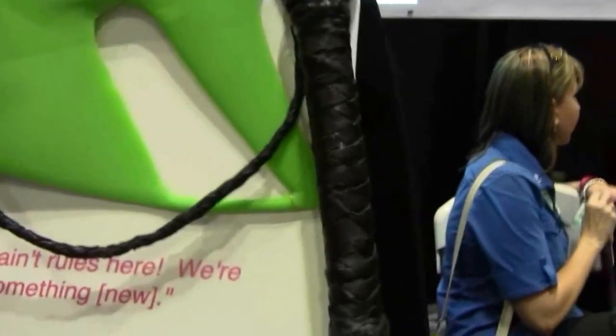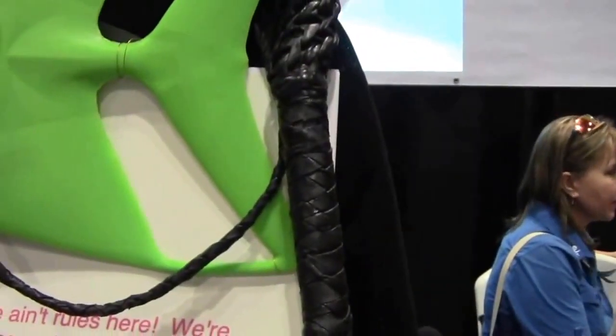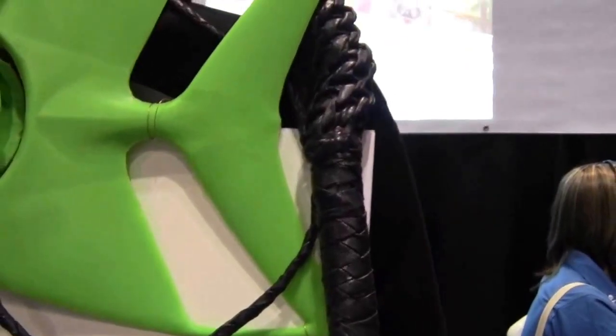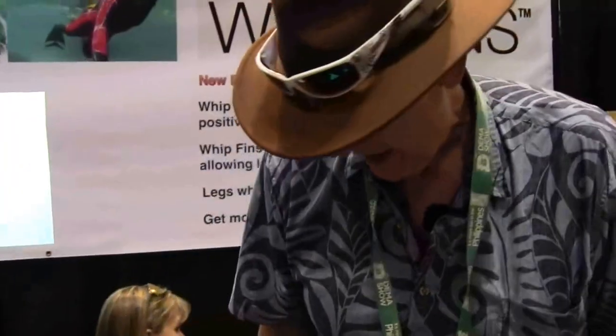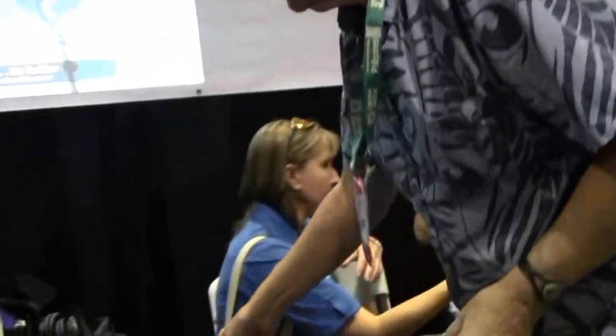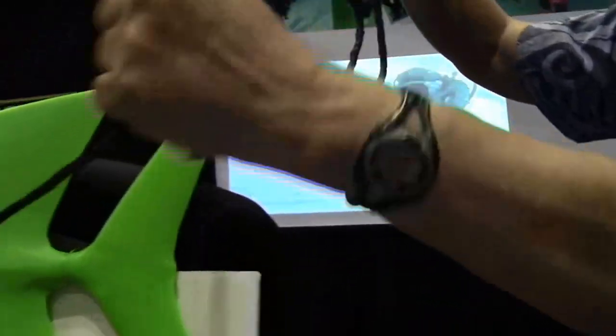And just to show it even more clearly, we've got a whip right around the fin. And so if you try it normally, you'll be about as fast as with regular fins. But once you put the whip motion into it, and when you relax your foot, it turns out that if I took a whip and I made it stiff at the end of it, it wouldn't whip. It wouldn't make a crack. Let me grab one of these whips here. I'll grab this one off there, okay? When you whip a whip...